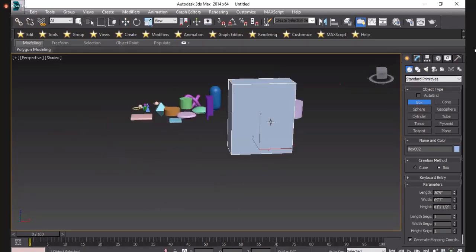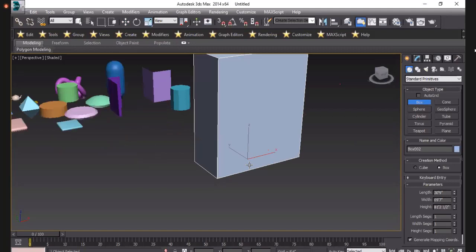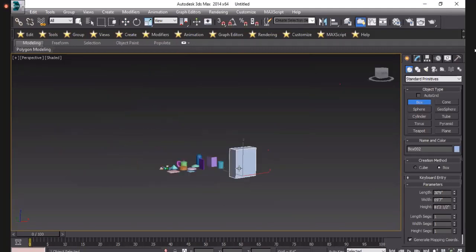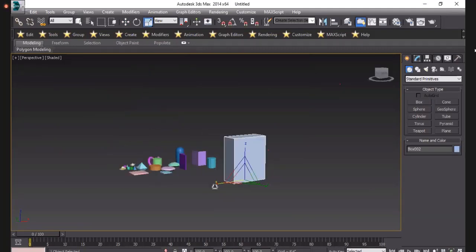So I want to change its scale. I will press R and simply reduce the scale of it.